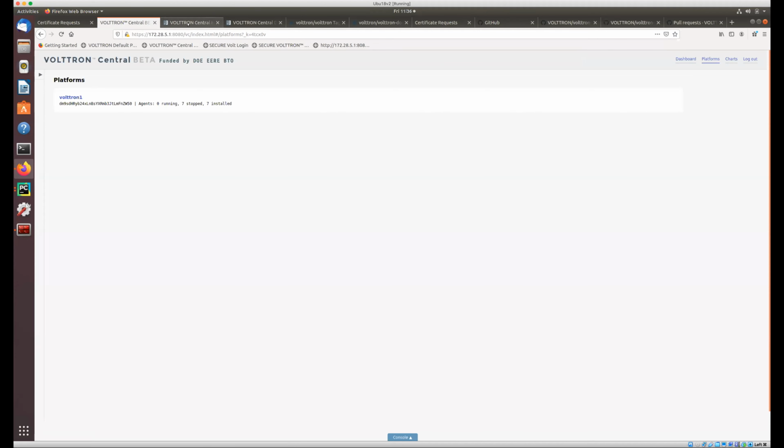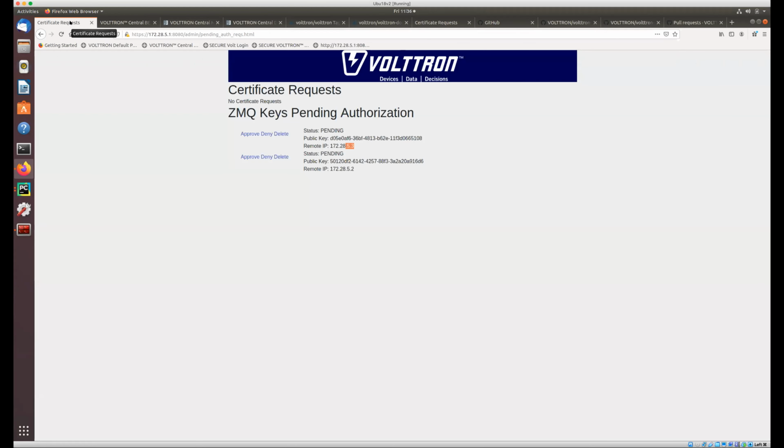So if I go to the web UI, I see that there's only currently one platform connected right now, which is VOLTTRON 1. That makes sense because VOLTTRON 1 has its own VC platform agent, and automatically, at least when you use ZMQ, it connects to the platform without having to go through this certificate request process. But now if I approve, let's say, VOLTTRON 2, and I hit that,